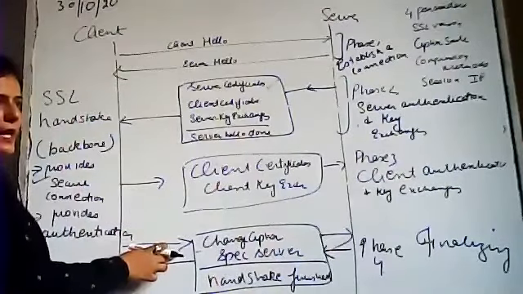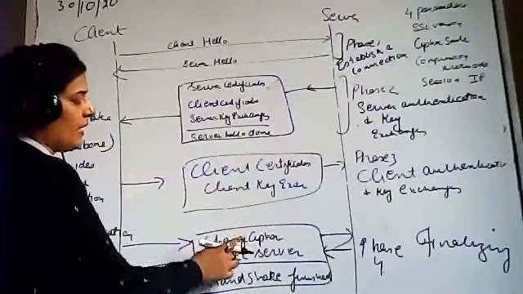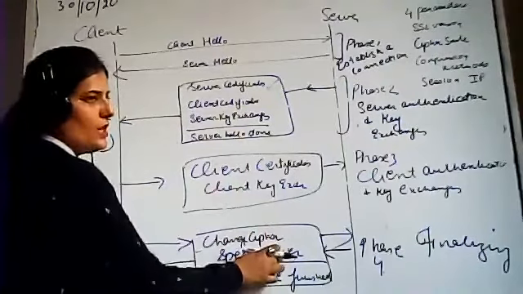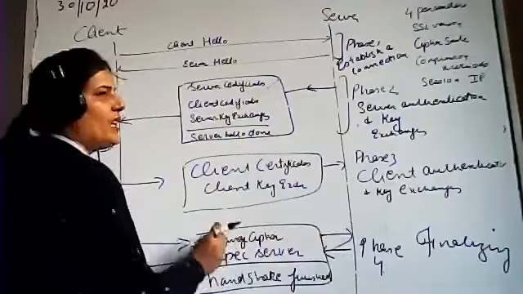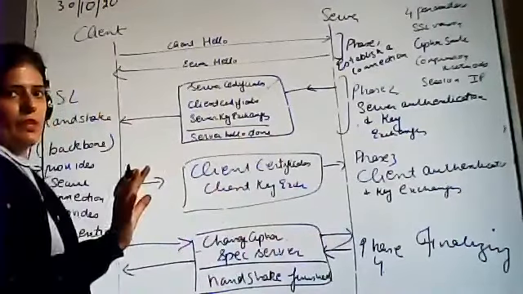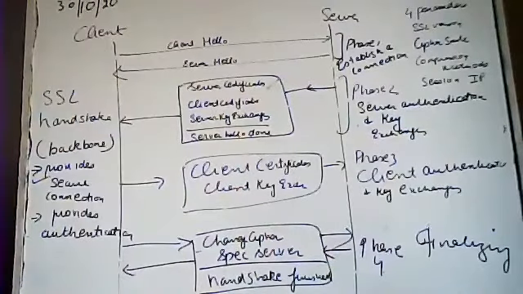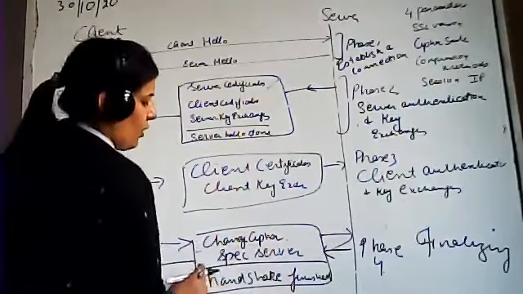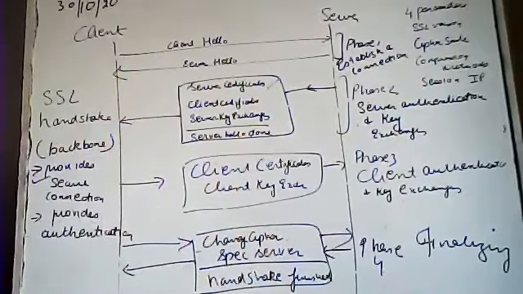So this will be started by the client and finished by the client side. The client will change the cipher specification to the server, and after doing all that work, it will finish its connection over here. At the same time, the server will also respond to that. The server will also change the cipher specification from the server side. The server will also finish all those steps, and finally the handshake will be finished.